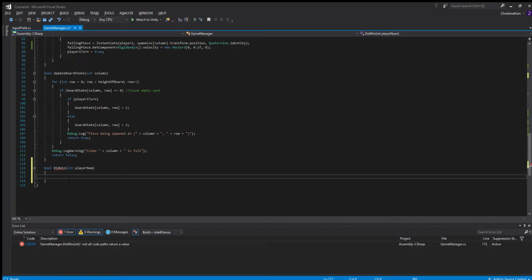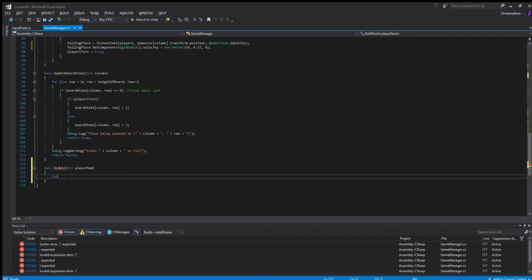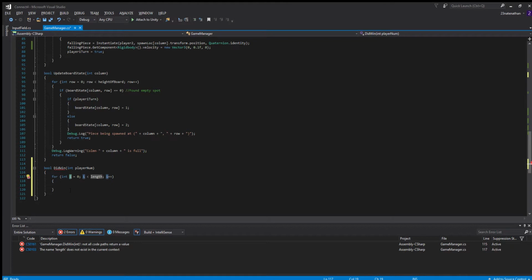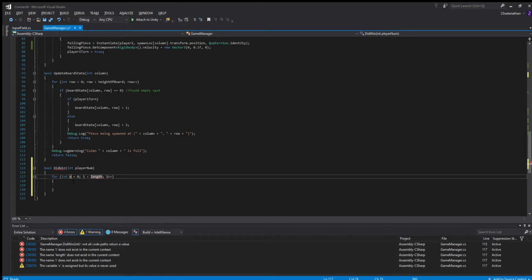So we have a for loop for this. This one's going to be just the x variable, and then it's going to be going to the length of the board. So going back to here, for horizontal, let's see, we start here, it's going to go across, and it's going to only have to check 4. So it's actually going to keep going until it gets